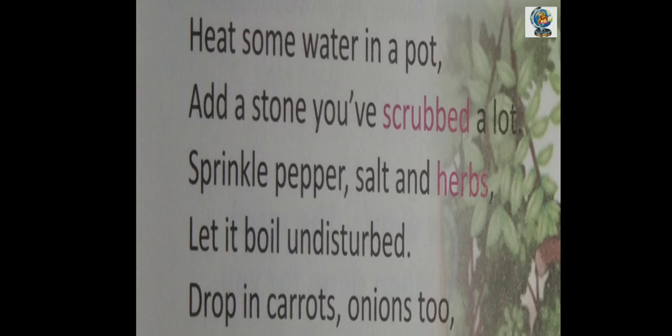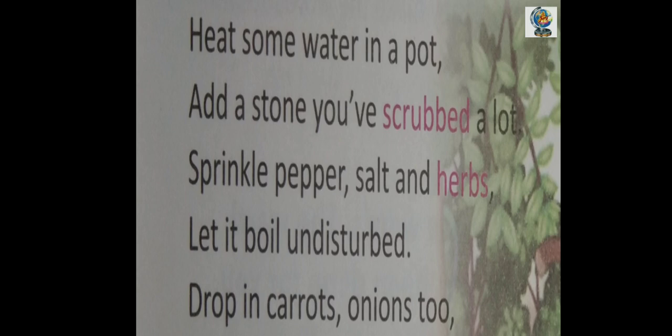Sprinkle pepper, salt and herbs. Let it boil undisturbed. Drop in carrots, onions too.